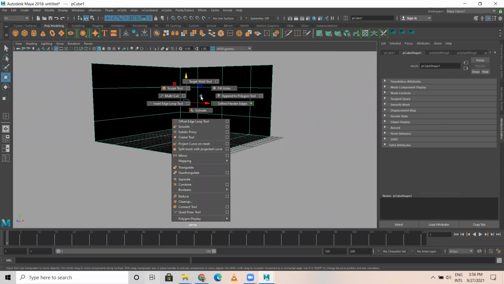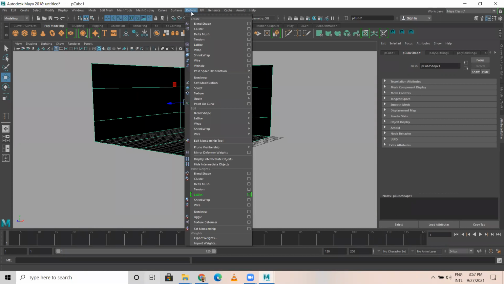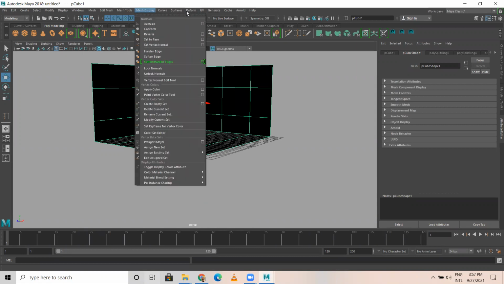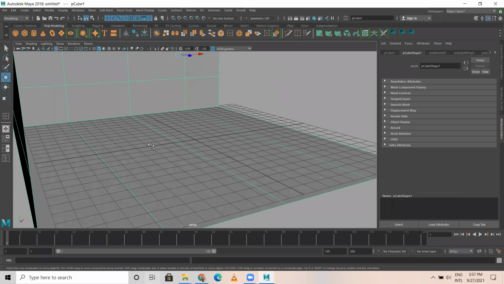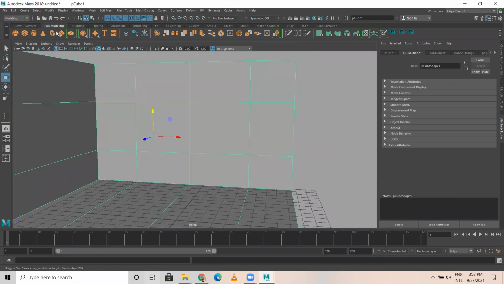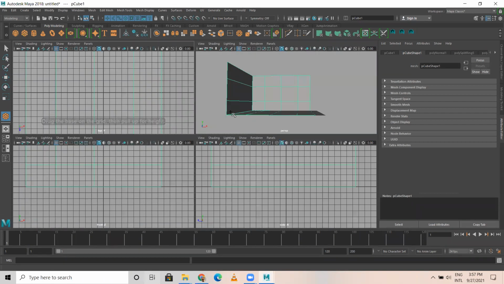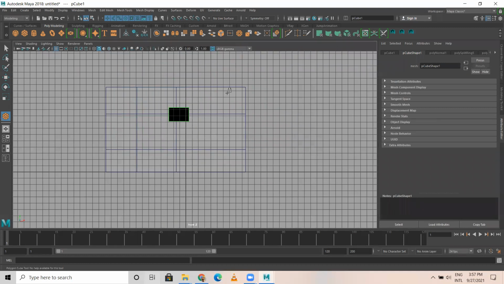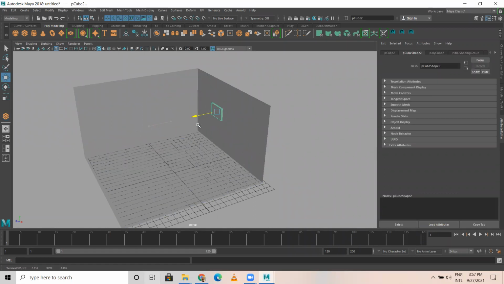Normal. I'll go to polygon, deform, not deform. Reverse. So I have a photo frame. Assume there's a photo frame here. This one photo frame is there.